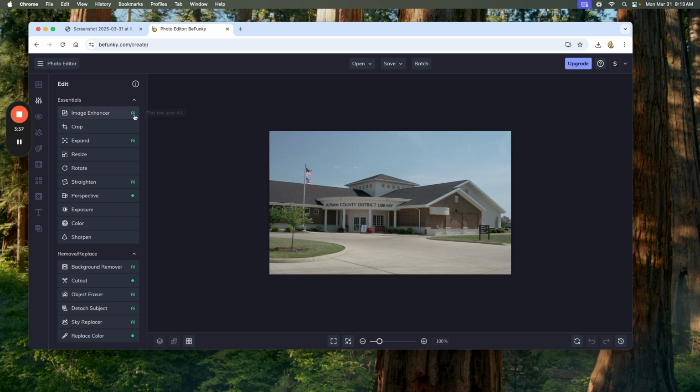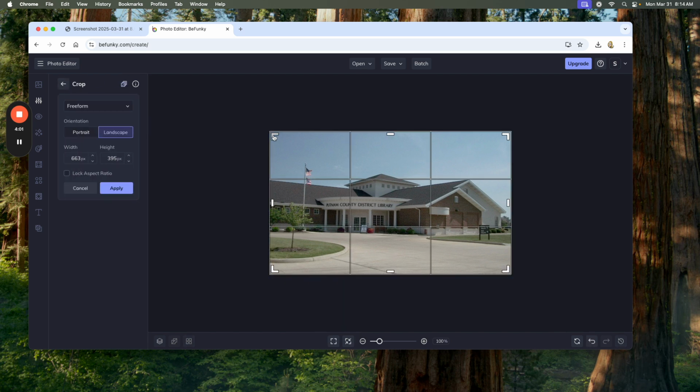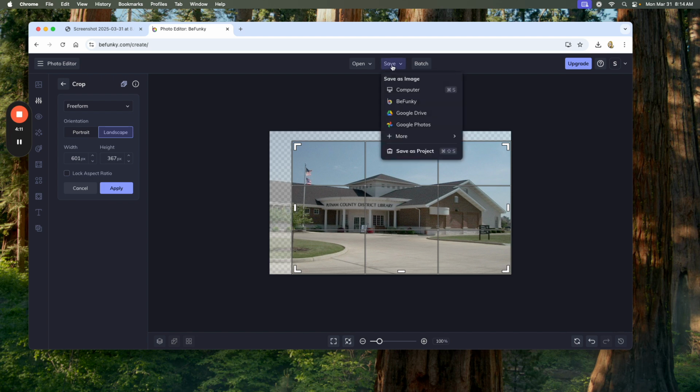And then what I want you to see over here, of course, just like everything, we have all of these AI tools available. And then we have the blue, aqua, greenish colored dot here. Those are things that you would have to pay for. These that do not have that are what you can use for free. So if I simply go here on the crop, you'll see that I have this option that I can crop my image. And then all I would do is go to save, and I have